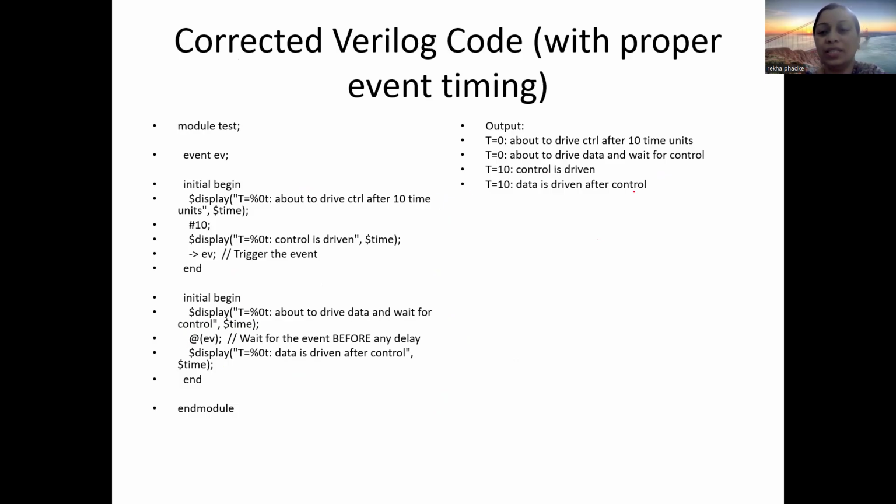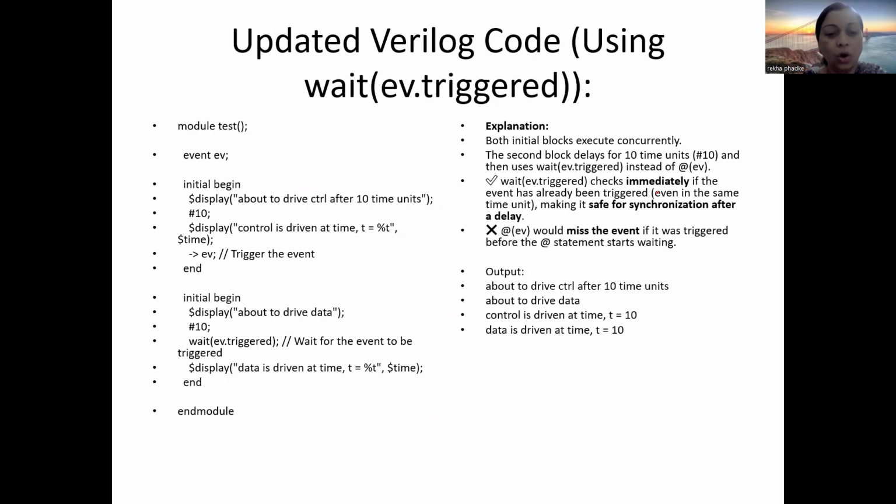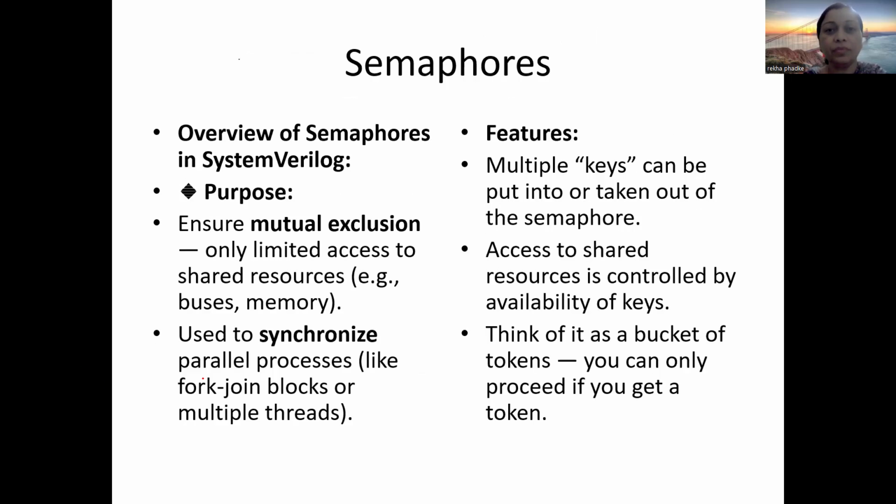So this data is driven after control gets displayed. Or you have to use wait of EV dot trigger. Now this will acknowledge the events which have occurred in the past. Correct? So I can use this, or I can remove this and just say at of EV. Okay, anything is fine. So then all the statements get displayed. So that's about